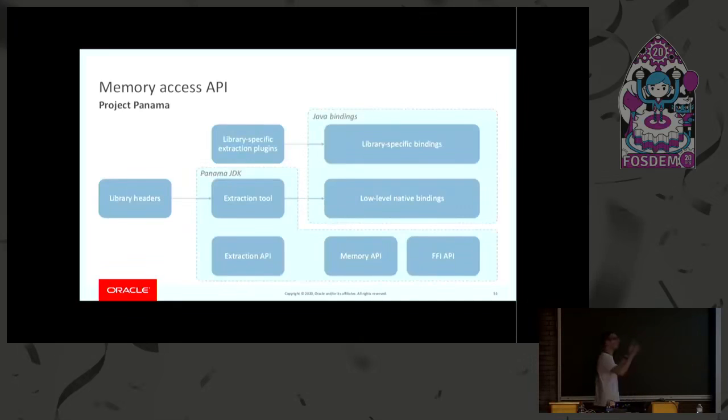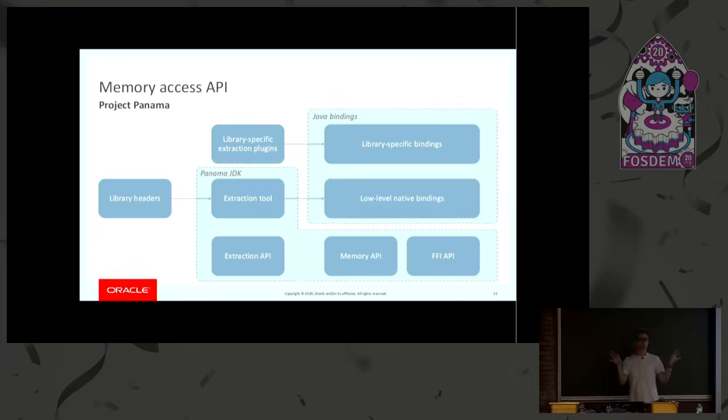So where does it all fit in the bigger Panama picture? I'm not going to talk about JNI, but I just wanted to give you a taste of where it all fits together. As Mark showed earlier, in Panama, we want to give you tools so that you can start from a native file, do some work, and derive a set of Java bindings. And these Java bindings, initially we thought, well, maybe they are interfaces with some annotation, and then there will be a runtime component that reads the annotation and will generate some code on the fly. We actually realized that there's no need for that.